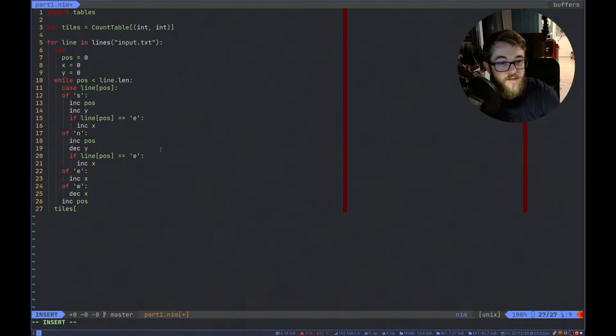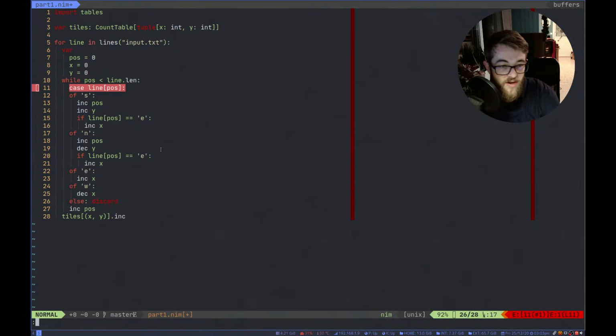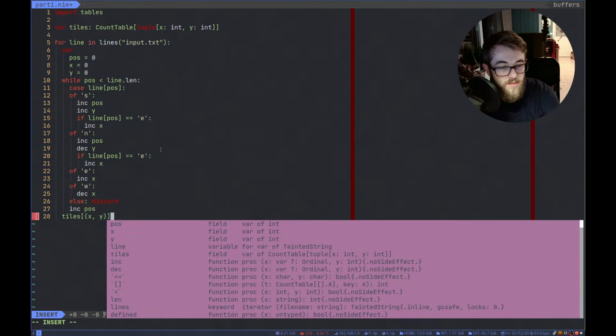So now we can just say tiles x, y, increase. Do I need to type this up as a tuple maybe? Oh, I went with an equal sign, so not with the there. Oh, and we can technically have any other character, but we won't, so that's fine. And what is this? We can have